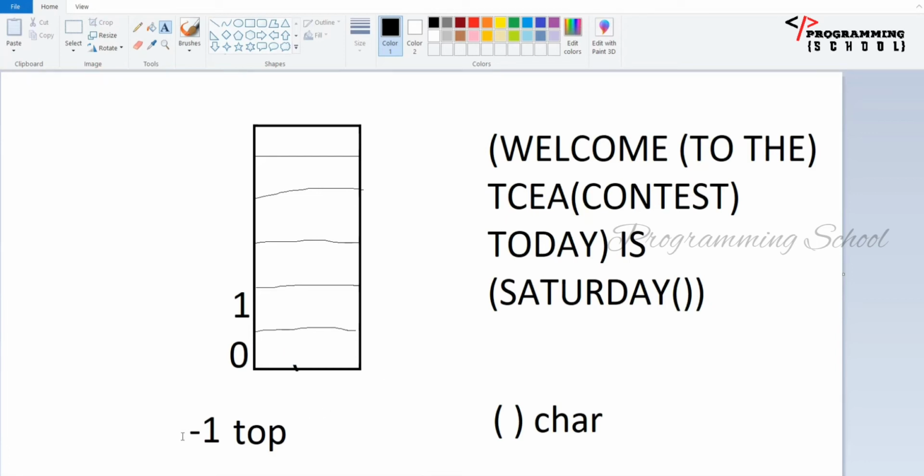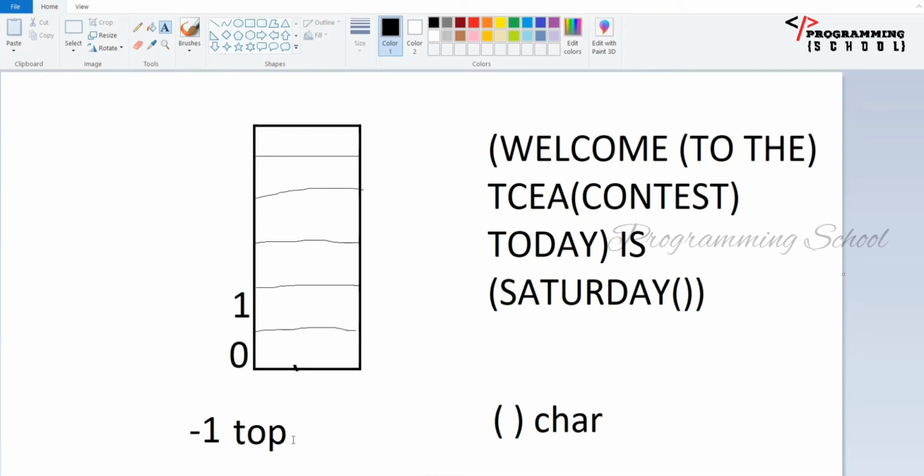Now where is the top? Top is at -1. That means for every open bracket there is a closed bracket. After reading the whole string, the top is at -1, which means the stack is empty. Then it is called a valid parenthesis, right?